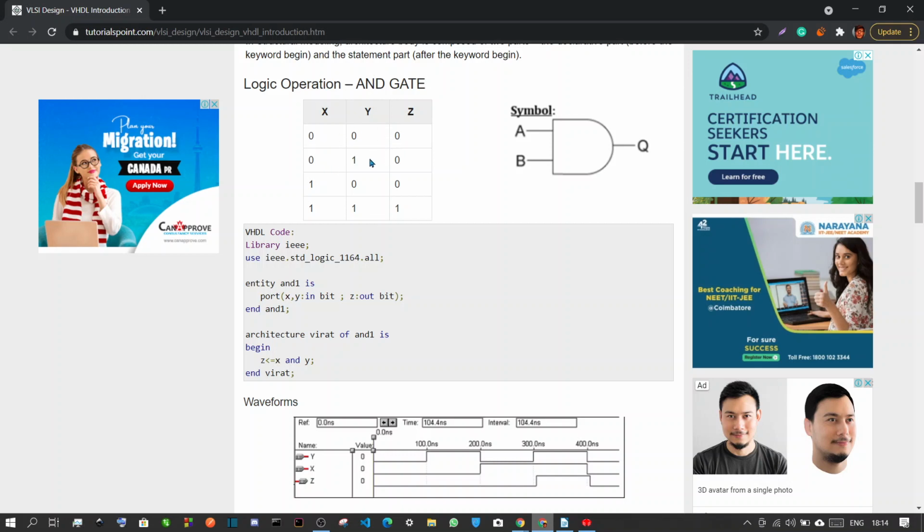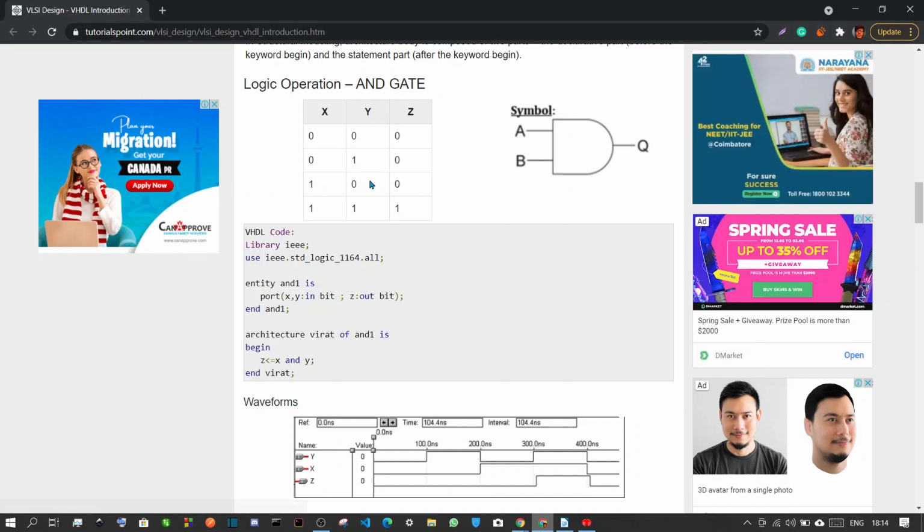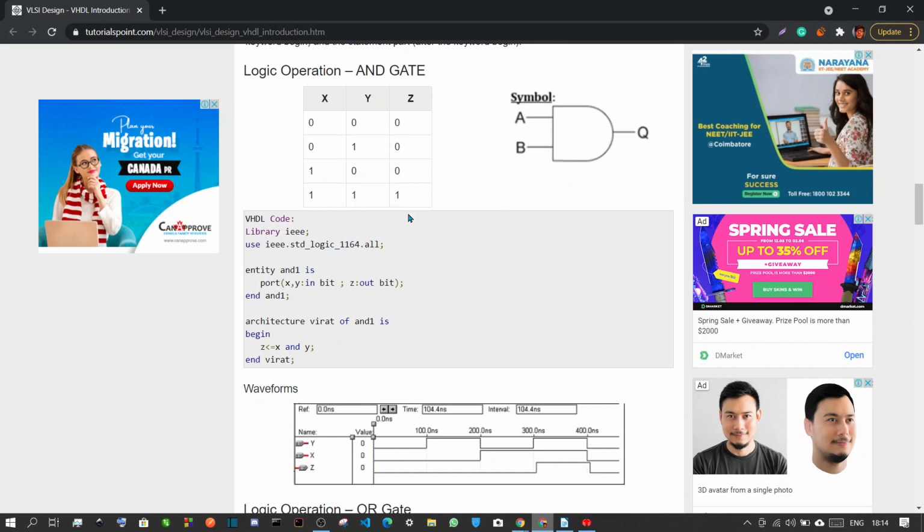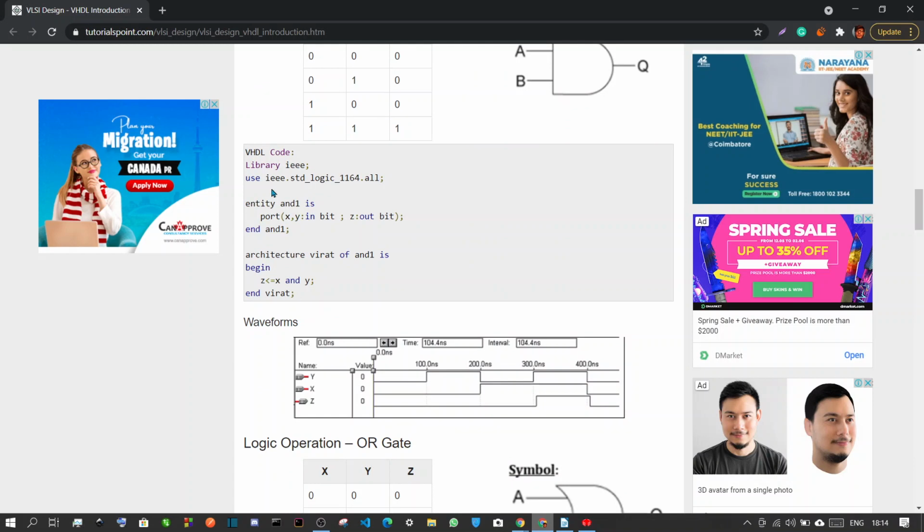When one input is 1, then the output is also 0. For both these cases, either of them is 1 and either of them is 0, then the result will be 0. When both of them are 1, then the output is 1. So we have to implement this code inside the software.